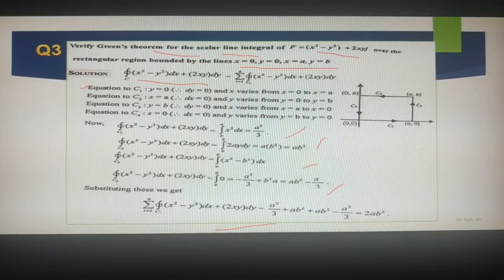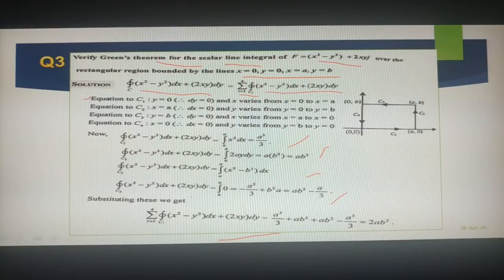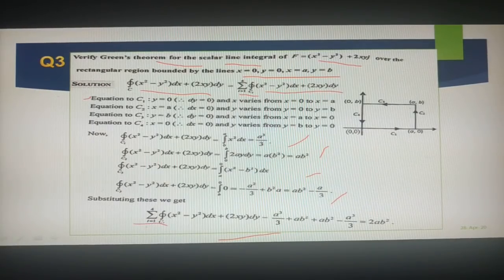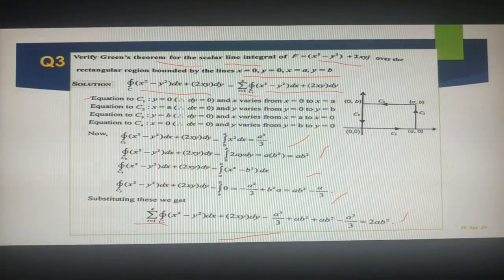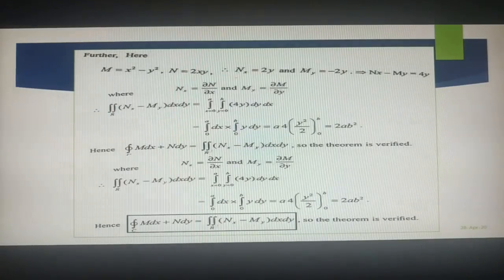What I am trying to tell you here is that these are the four lines, so I just represented it as the sum from i equal to 1 to 4 of the integral over Ci. Otherwise we would have to write this 4 times, like integral over C1 of x square minus y square dx plus something like that, up to 4 times. That takes unnecessary waste of time. So you can represent this with the summation i equal to 1 to 4 of Ci. Please go through this, and you will not have any doubt, I hope. The reason is these are very simple. We have here M and N, so you should find dou M.